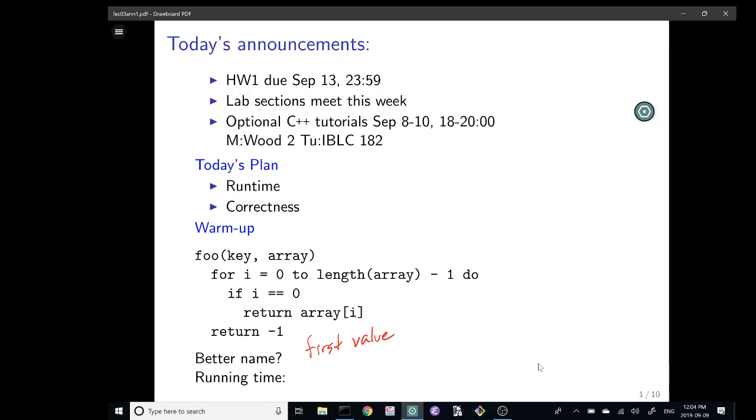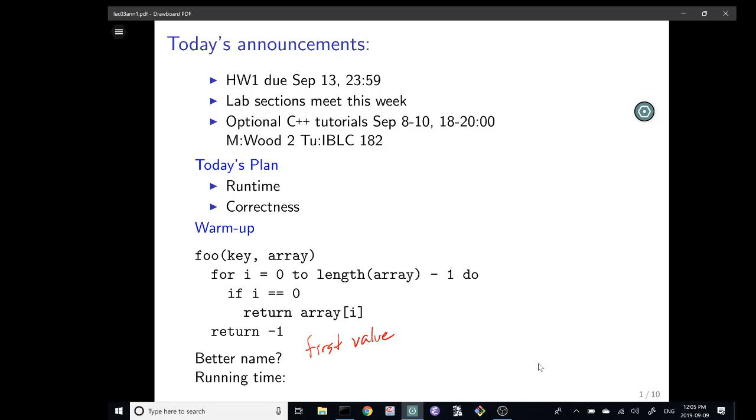What is the running time? Now, you already know running time should be a function of the size of the input. I haven't told you whether we're talking about worst case, best case, or average case, but let's just say worst case, because pessimists. What is the worst case running time of first value?